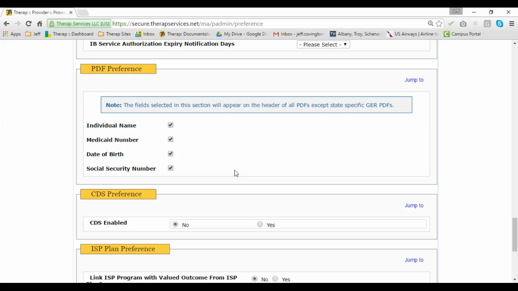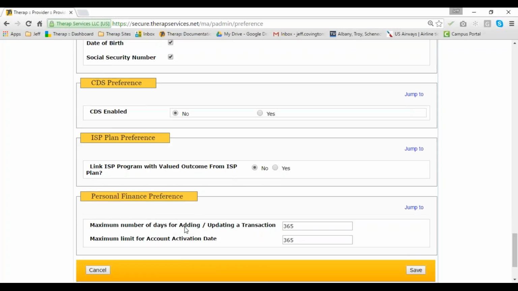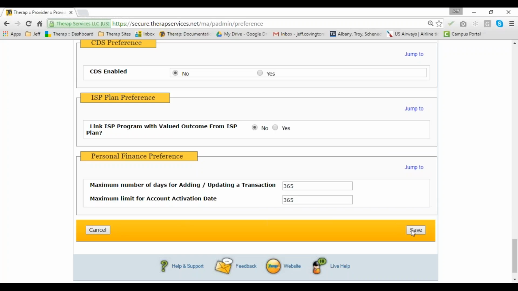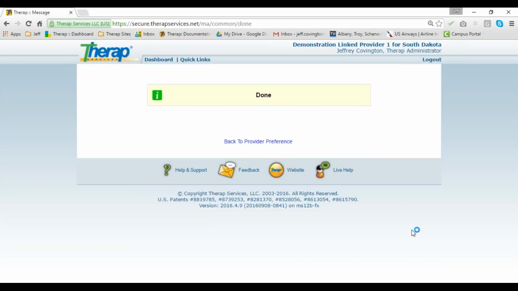And then at the very bottom of the page there, you would just click Save to update these. There we are. And so essentially, the role of the provider admin is big. I mean, they need to manage Therap at their agency. And that entails everything from creating new accounts for people to adding new individuals to their account, and we'll get